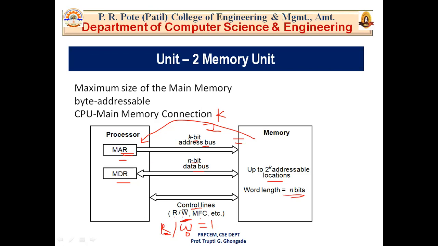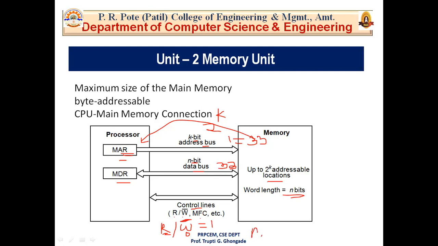Now memory responds by placing the data from that particular address location onto the data lines. Now the processor reads the data from that memory location. What will memory do? Memory will place the data, for example this memory location 1 contains data 33. Now memory will put that data 33 onto the data bus, onto the data lines, and confirm this action by asserting the MFC signal.